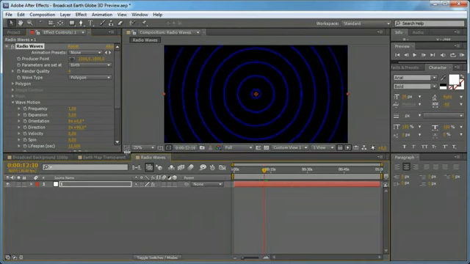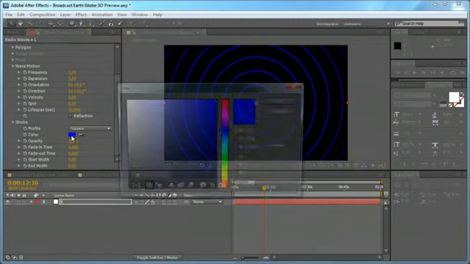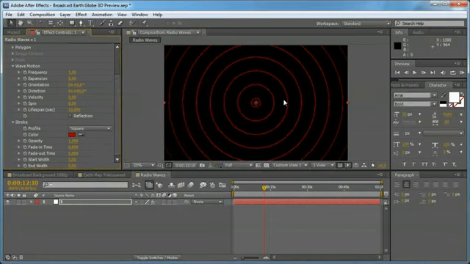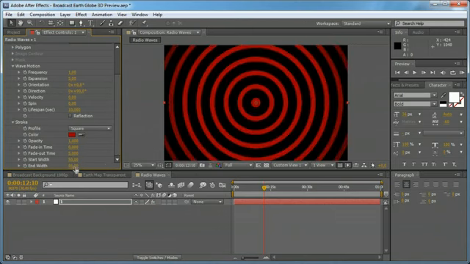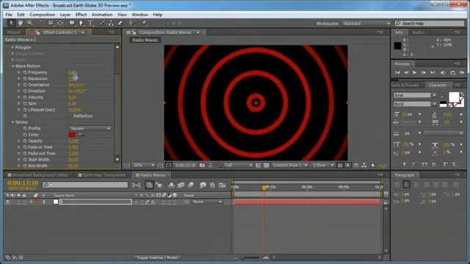Now let's go to the settings and change the color to a dark reddish color, and change the start and end width to 50, change the frequency to 0.4 or 0.5, 0.6,